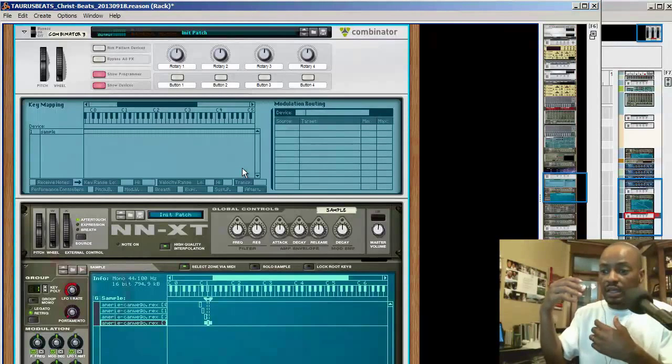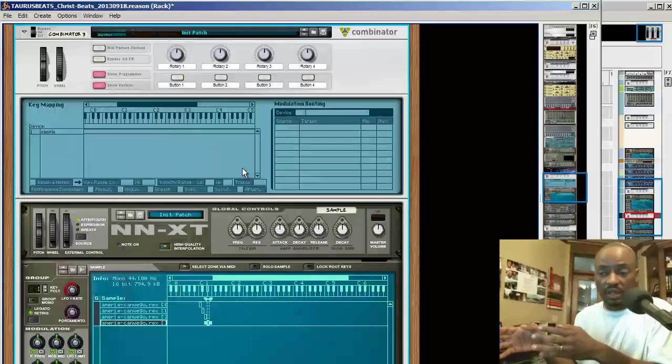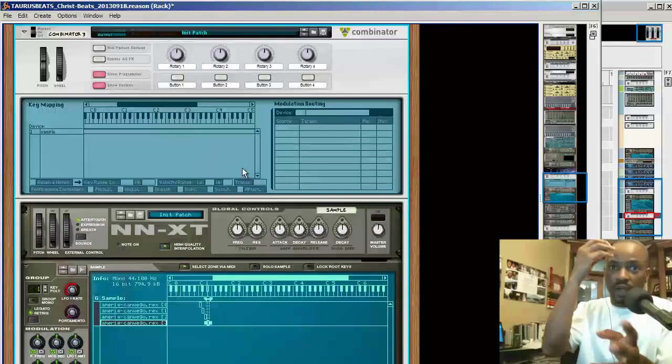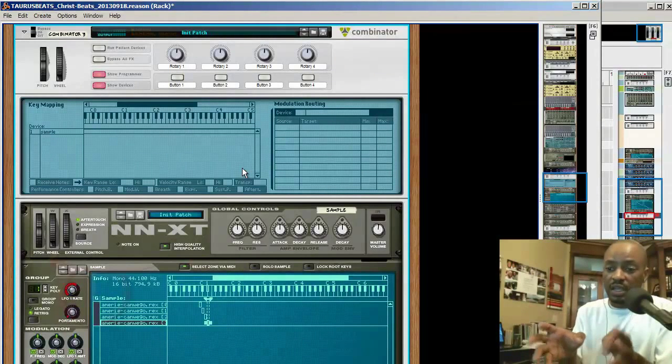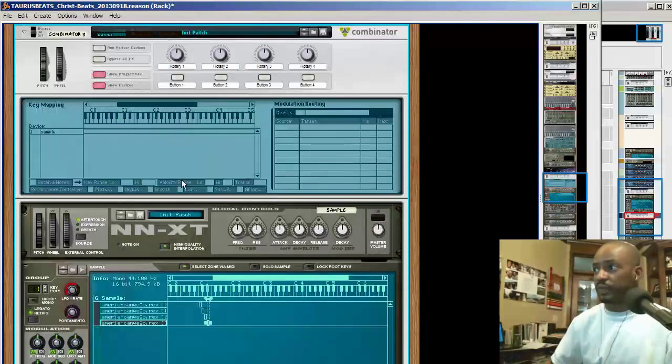And I'm convinced that it's not really important how you slice it as much as it is how you flip it. The slicing, you can rack your brain all you want on that. All I'm saying is, go ahead and slice the thing and then get in there and start flipping it, trying to rearrange it. Now, that's what we're going to do right now. The flipping is the piece where...